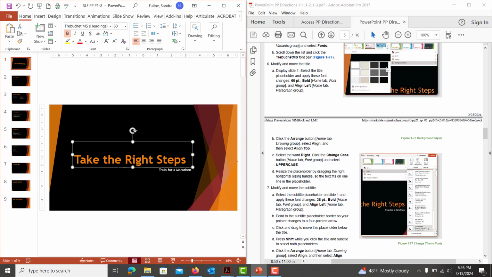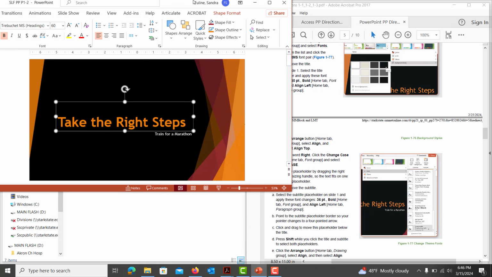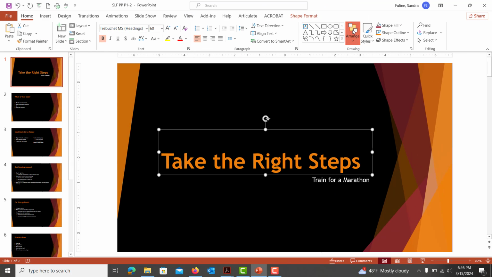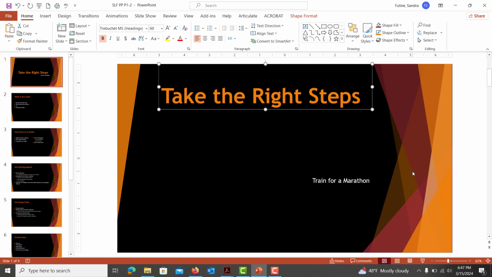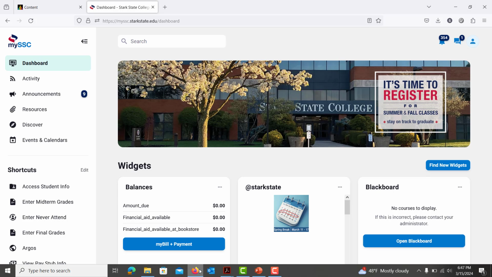After that, we are going to click the Arrange button and we are going to align this up top. So I'm going to make this a little bit wider just so I can locate that Arrange button. And then we are going to hit Align, and then we're going to hit Align Top. From there, our next step is going to be